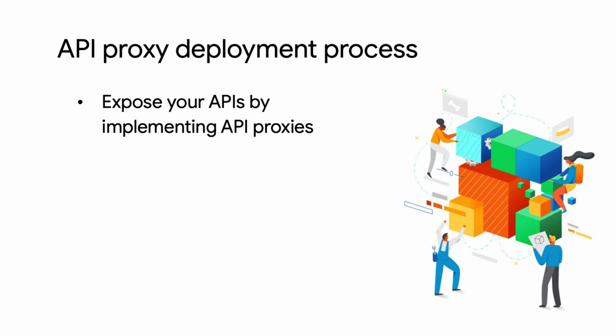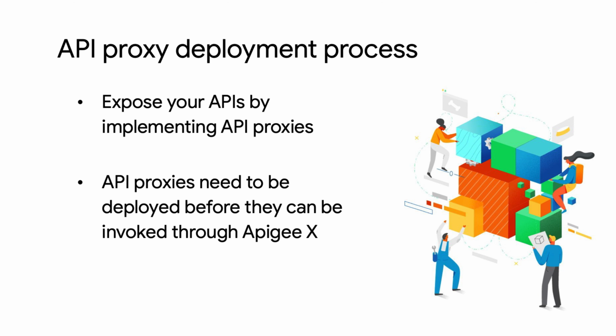Apigee X allows you to expose your APIs to end users by implementing API proxies. API proxies are nothing but a wrapper for your actual APIs. Did you know that the API proxy must be deployed for it to be invoked? The process of deploying the API proxy and making it accessible to the end users is referred to as API